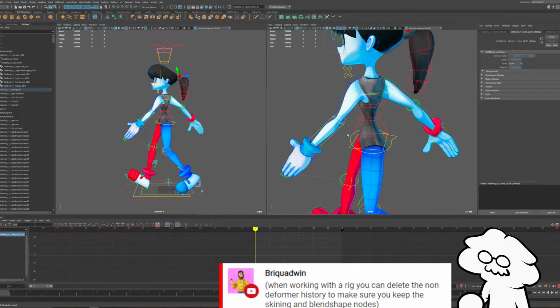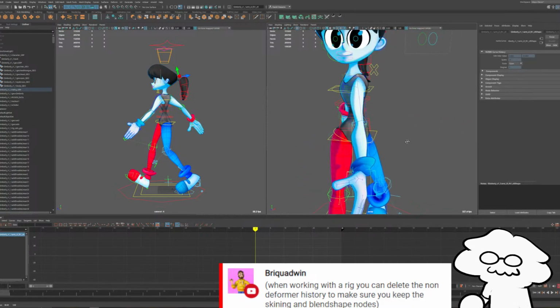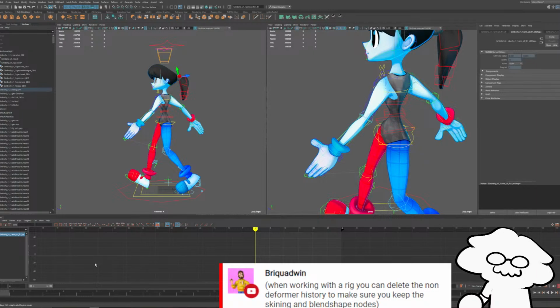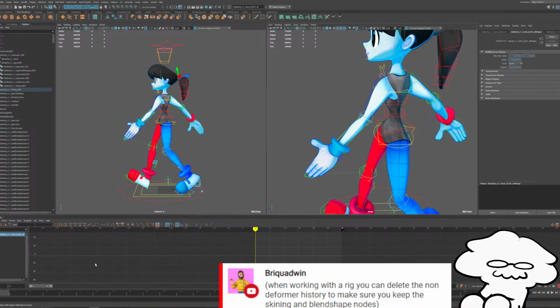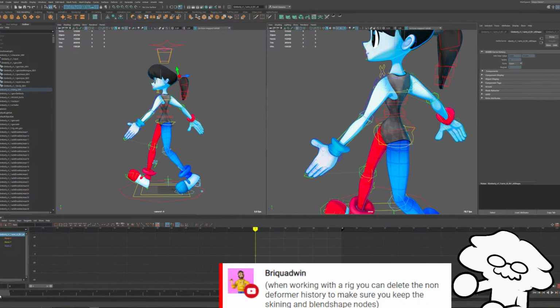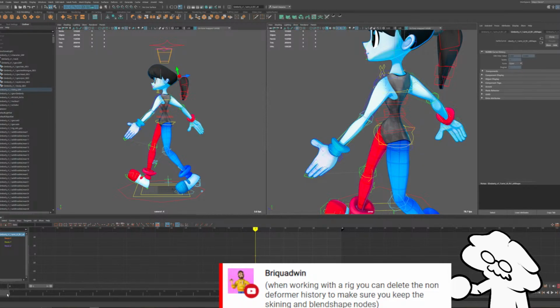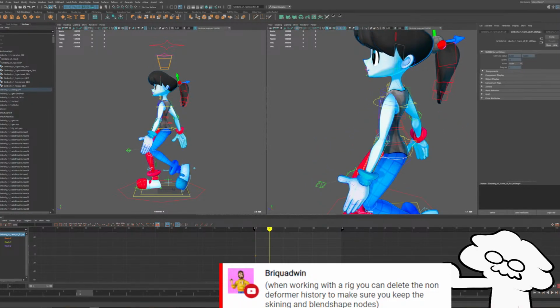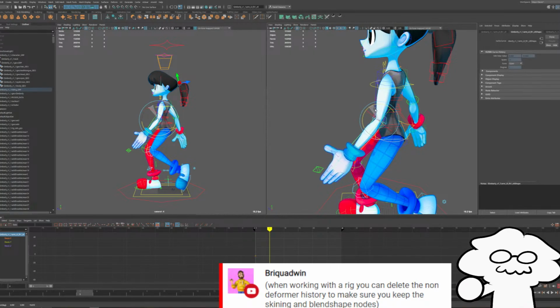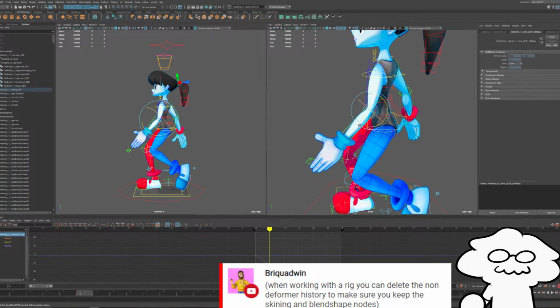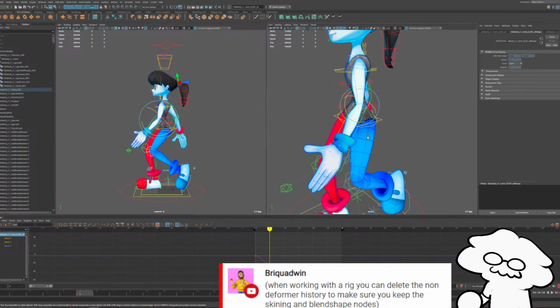Let's focus on the front arm for right now. We want the forearm to drag behind the upper arm as it swings backwards and forwards. So on this frame, I'm going to key it at frame 0 and then go forward a bit and have it drag behind by rotating it inwards, like that.